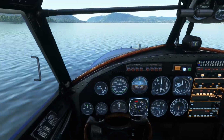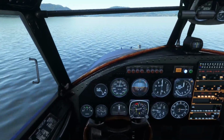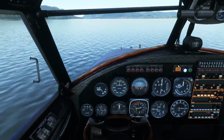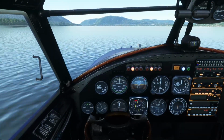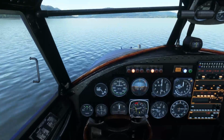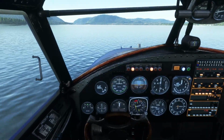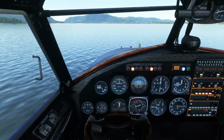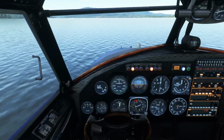And throttle cracked. So you can drop your landing gear in the water, and then you push your throttle in until you're moving, and then you're gonna move up on shore. So you can actually transition from water to land, and that's really, really nice. And as you can see, we have the landing gear up,